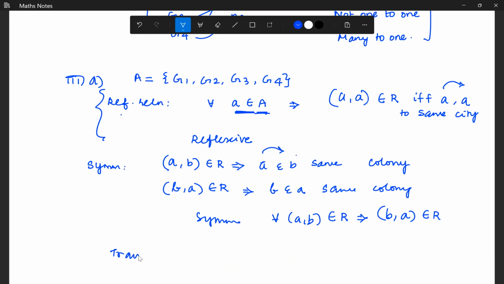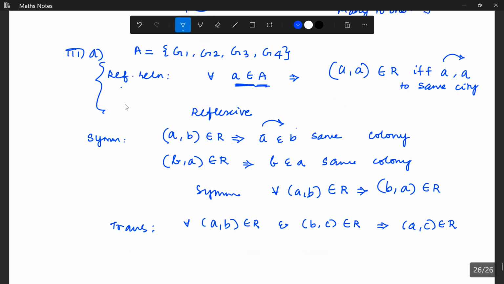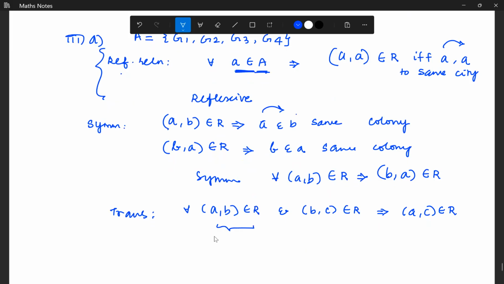So transitive: the condition is for all a comma b belongs to R and b comma c that belongs to R, if a comma c belongs to the relation set R, then we can call that relation to be transitive. So here if a and b belong to R, so these two, if it is true, a and b, they belong to the same colony,